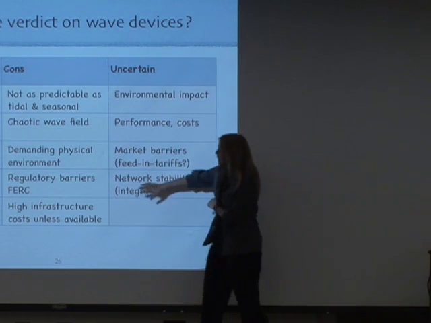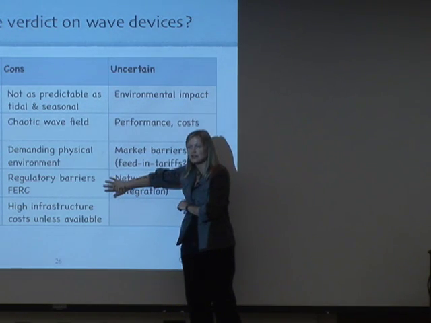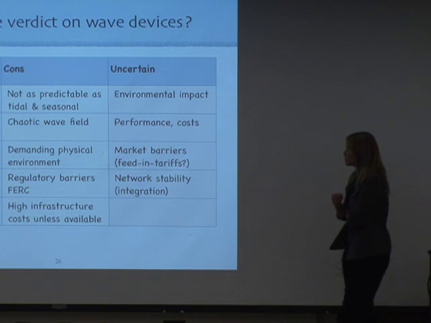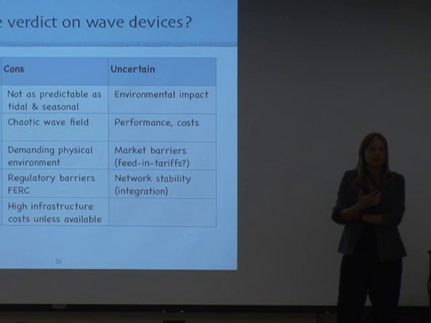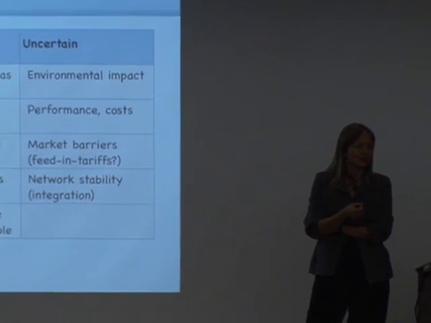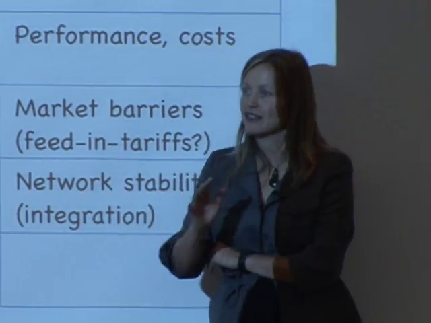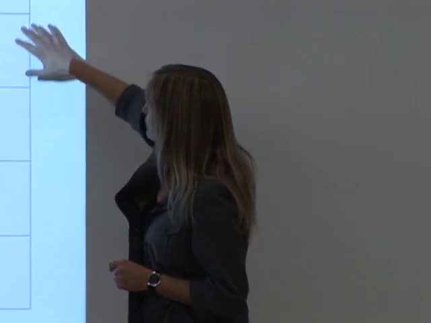One of the big negatives at the moment in a lot of countries is regulatory barriers. In the US, for example, the Federal Energy Regulatory Commission, the FERC, uses most of the hydropower regulations also for wave or for marine energy. And so they're not really applicable to it, and there's a lot of work going on right now to remove some of these barriers. And the other thing is, of course, that since they're often in remote areas, you have very high infrastructure costs, right? Putting a grid down there, putting cables underneath the seafloor to a land-based infrastructure. Now, these are all uncertainties.